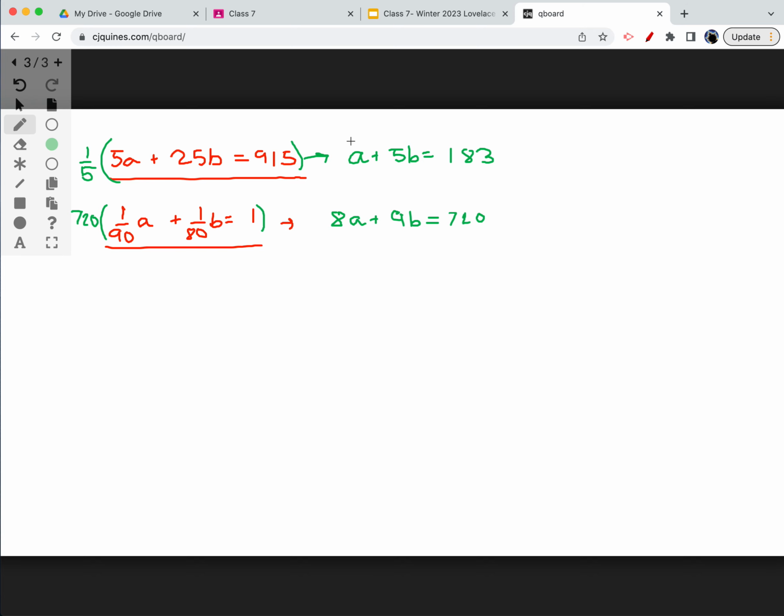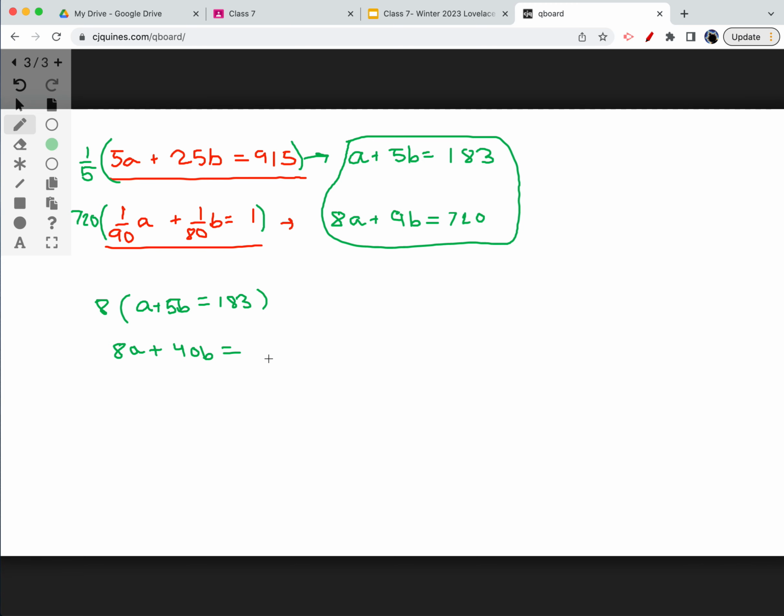Okay, so now we have these two equations, which looks a lot easier to deal with than before. So let's just proceed with standard elimination. Let's multiply the first equation by 8. So this should give 8A plus 40B